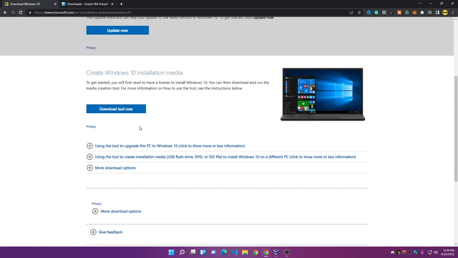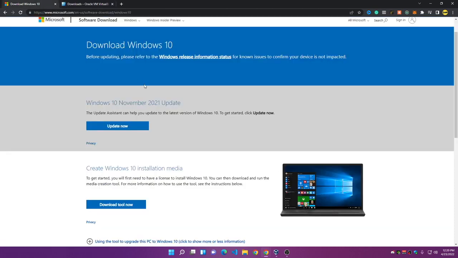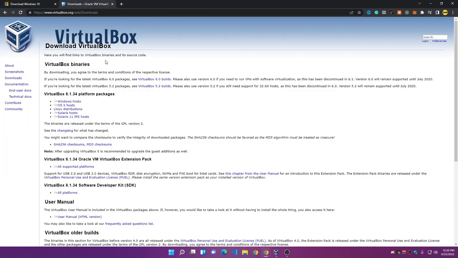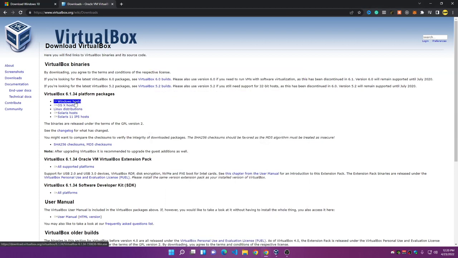the Microsoft website, and also VirtualBox, which is a program that runs virtual machines in your computer. What we are going to do is download the ISO and run it through VirtualBox, and all this does is run Windows 10 in VirtualBox virtually in our computer without impacting our base operating system. For example, I am in Windows 11 right now